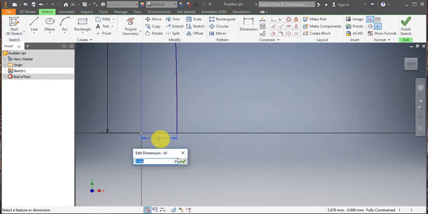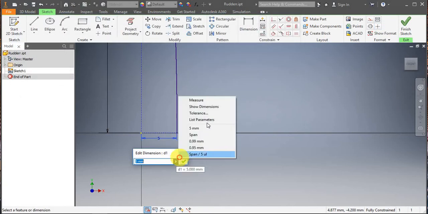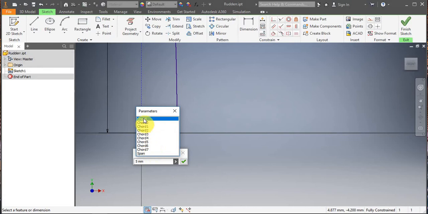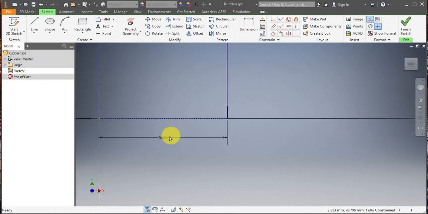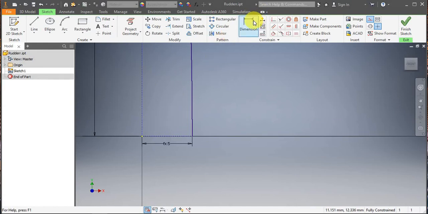Okay. So now if I click on it and scroll down my parameters, list parameters. So I have my chord parameter. So x is 5. And now I'm going to add